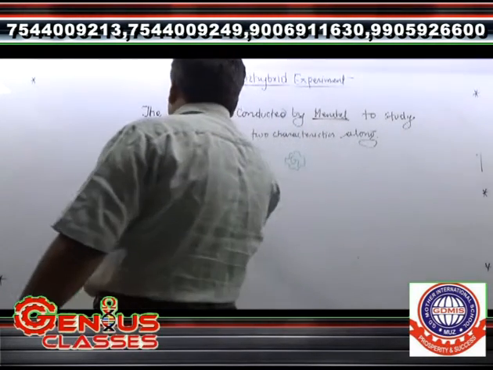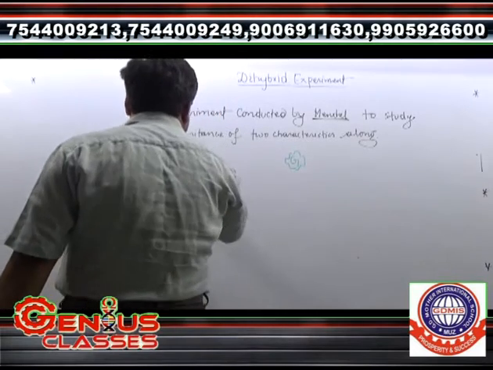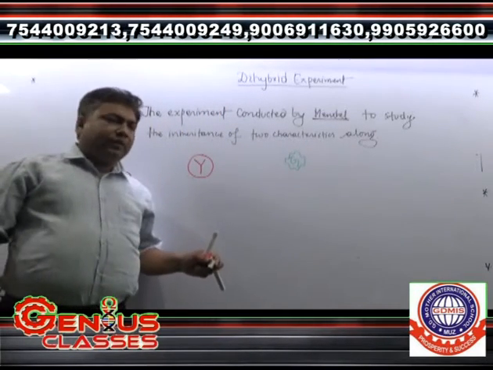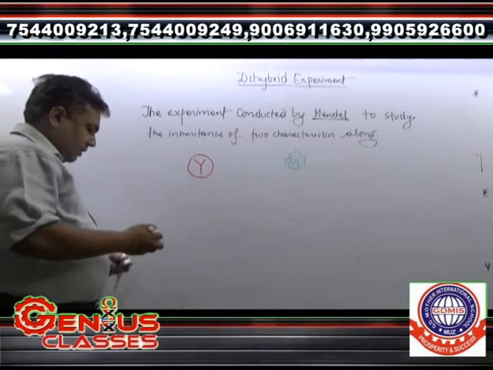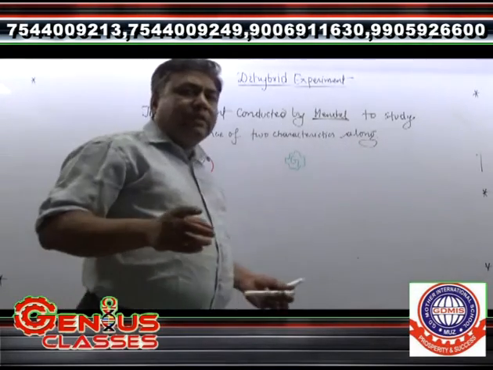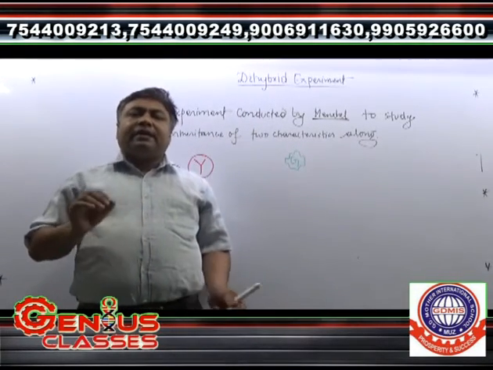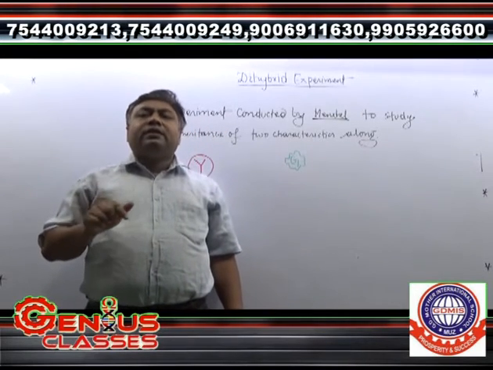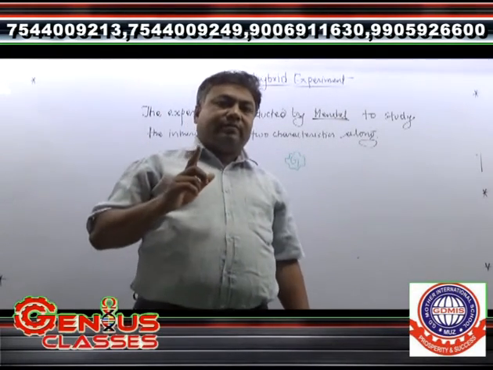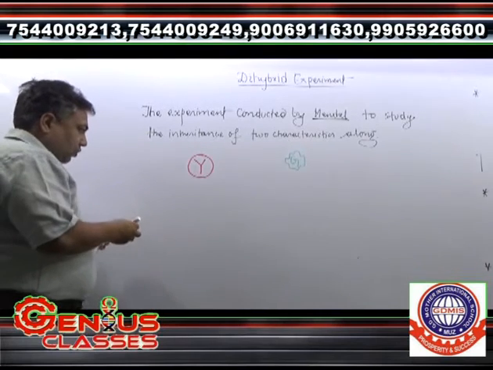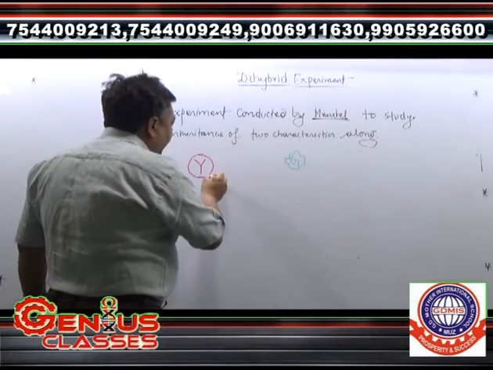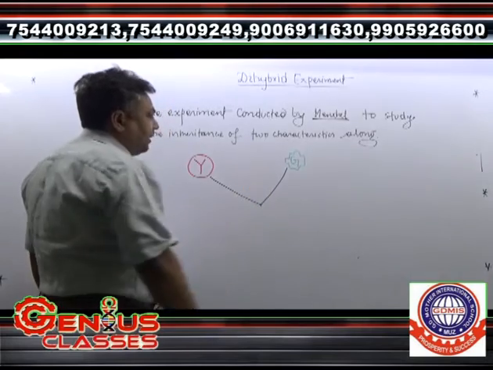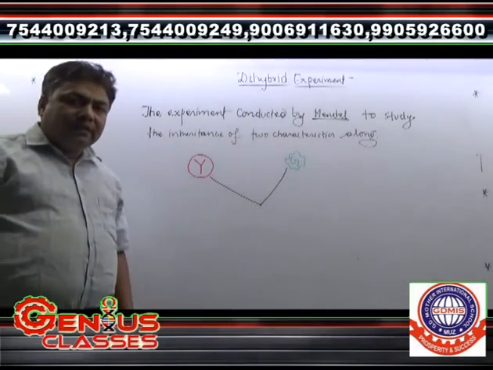So he selected two pure line entities, and as we know, the result in F1 generation will demarcate which one is dominant and which one is recessive. So when we cross these two pure line breeds,